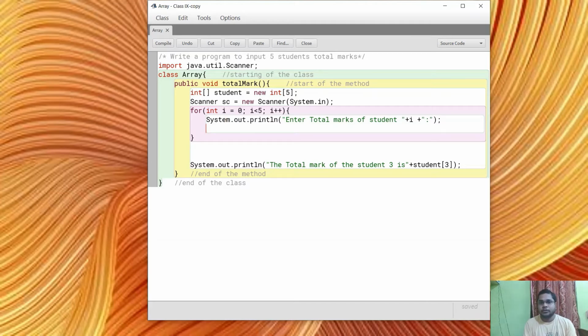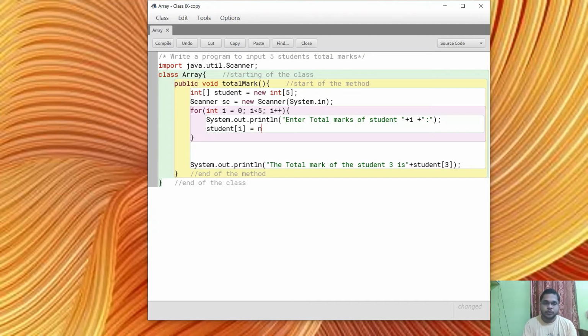Now we have to use the scanner method to input the data. Where to store the data? That is the student array, so here student[i]. Why did I give i? Because i is my index number. In student[i], the first time the loop starts, it is student[0], then student[1], like that.